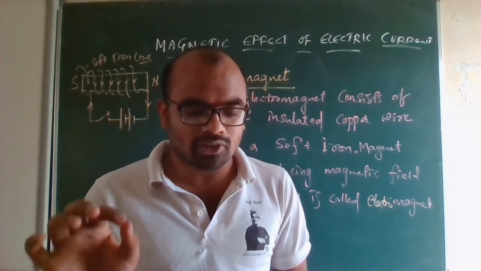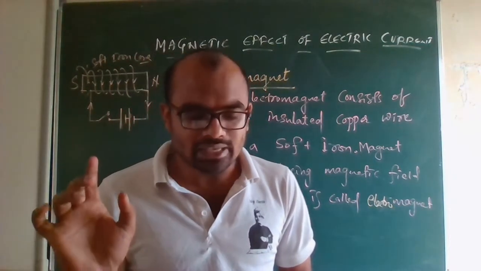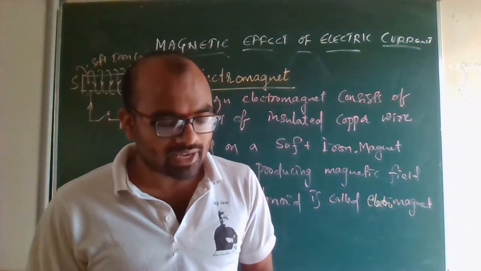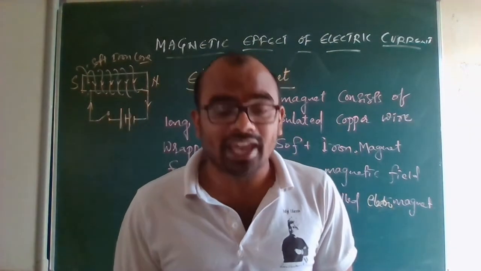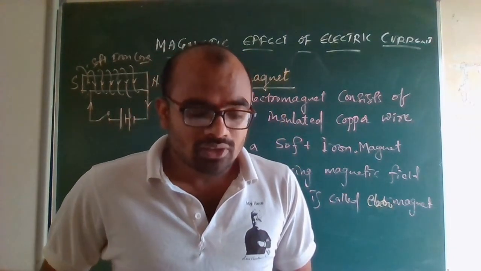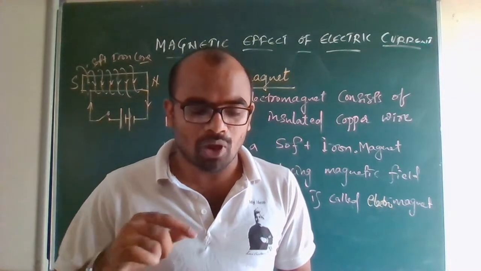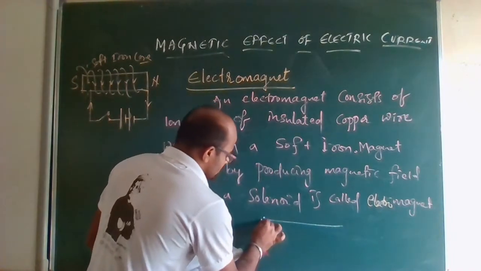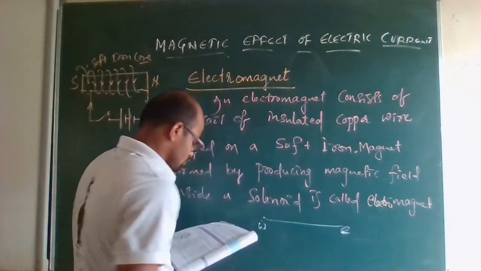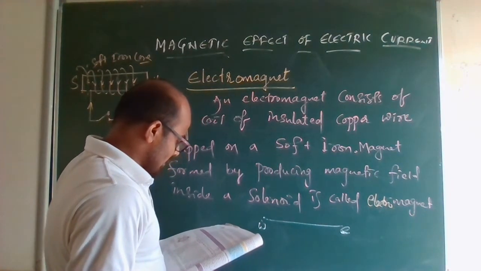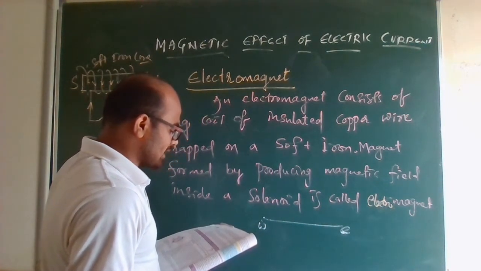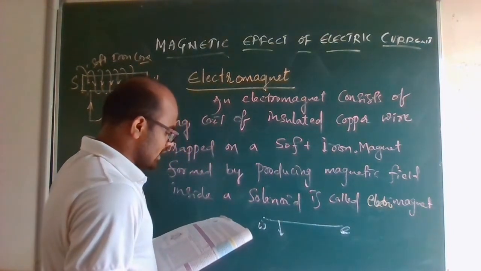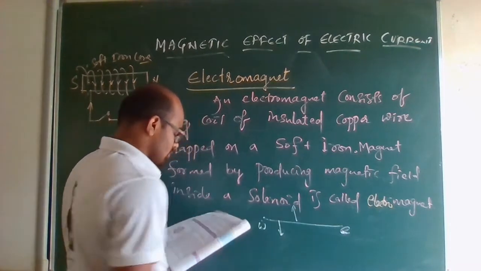A current through a horizontal power line flows in east to west direction. What is the direction of magnetic field at a point directly below it and at a point directly above it? See, the current in the horizontal power line flows in the east to west direction. So this is east, this is west. What is the direction of magnetic field at a point directly below it, and at a point directly above it?